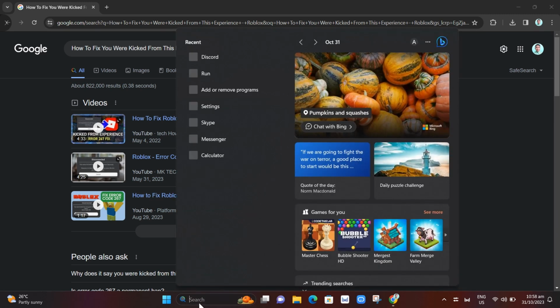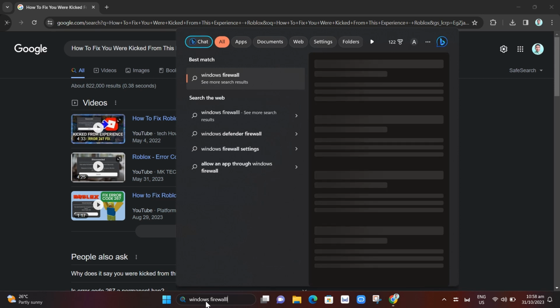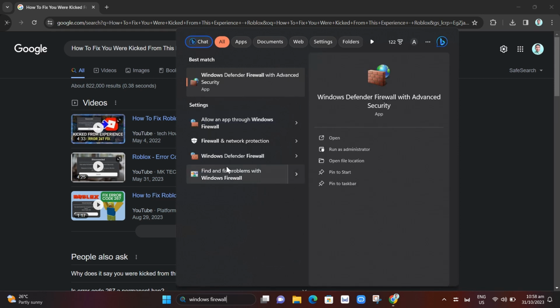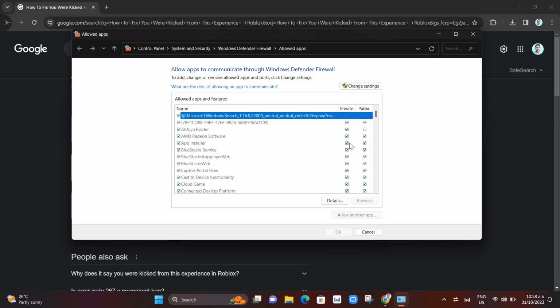So first of all, go to your search box right here at the bottom and then search for Windows Firewall. And then here you just need to find "Allow an app". So allow an app through Windows Firewall. So click on this option here and then it will show you this option. Now as you can see, all you need to do is just click on the change settings button and allow